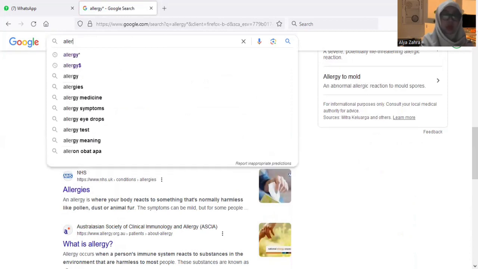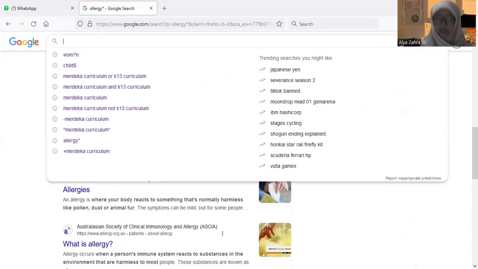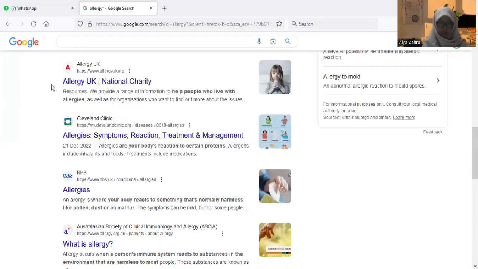That is how to do basic internet search techniques: quotation, plus sign, and then minus sign, and then Boolean searching like and, or, not, and when we use truncation like a dollar sign and question mark. I think that's all for me to explain to you about basic internet search techniques.